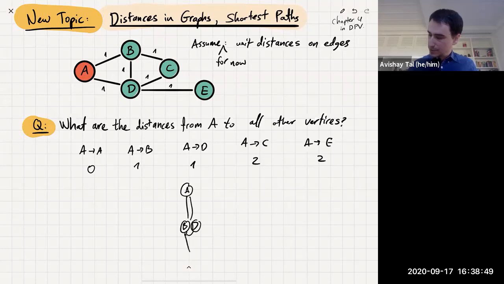And then you'll have C and also E. So B and D are of distance 1 from A. C and E are of distance 2 from A. And this is like a physical algorithm. You didn't need a computer to compute it. You just need to implement it physically